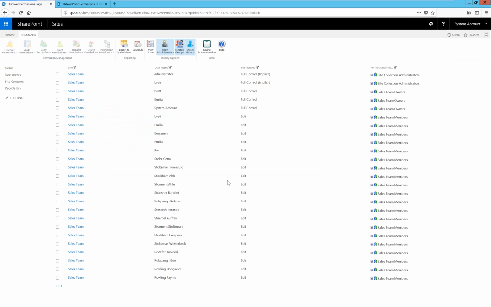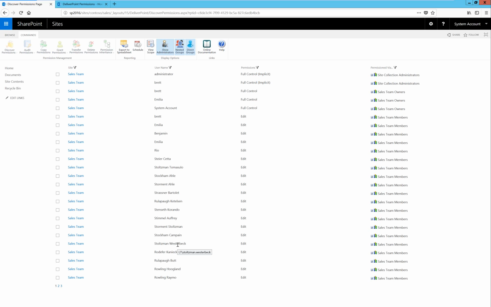And if you just contrast this with those 4 entries that we saw inside the out-of-the-box team site permission report, with this report, we actually enumerate every single user that has permissions, and that user may appear multiple times if they've been granted permissions in more than one way. You'll see Amelia appearing more than once, you'll see Brett appearing more than once, and so on. And that's useful because